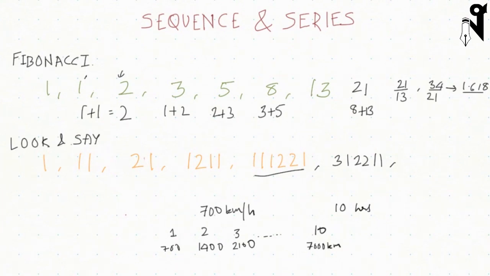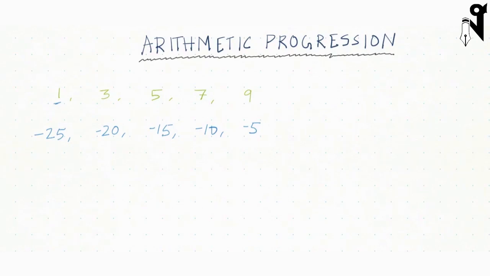So something as simple as this can just be converted to a sequence and series problem, where the first term is the first hour, the second term is the second, third, fourth. So we have to look for areas where we can apply this concept. Now, coming to the two main kinds of sequences that we'll be looking at, the first one is the